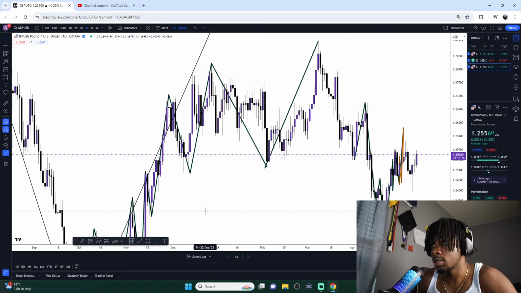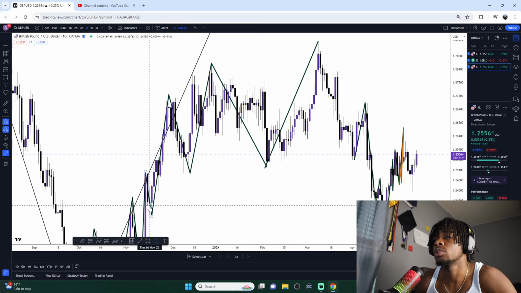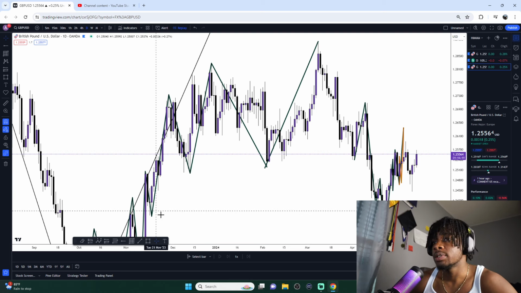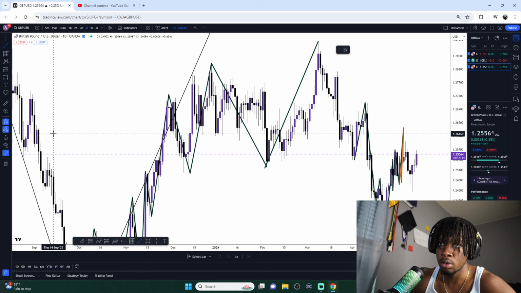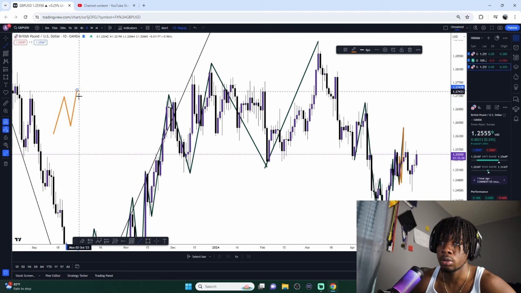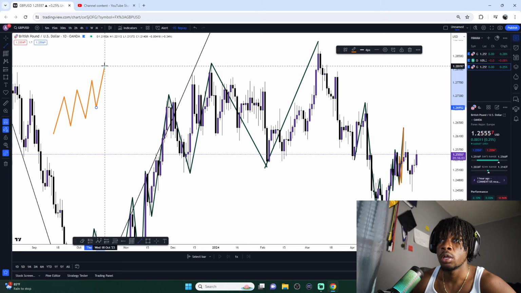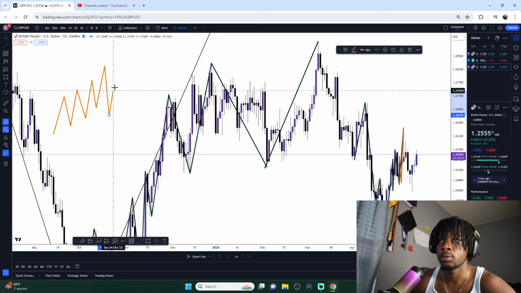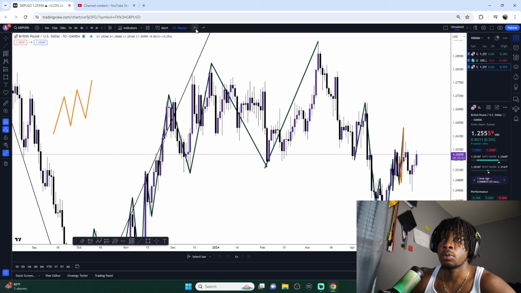But yes, you need to understand what the trend is in the market. So let's take what we have in front of us. As I always tell y'all, the uptrend is this right here, gradually going up. A downtrend is when the market decides to break that and then slowly start trickling down. Now that we understand what an uptrend and a downtrend is, when we have something like this,